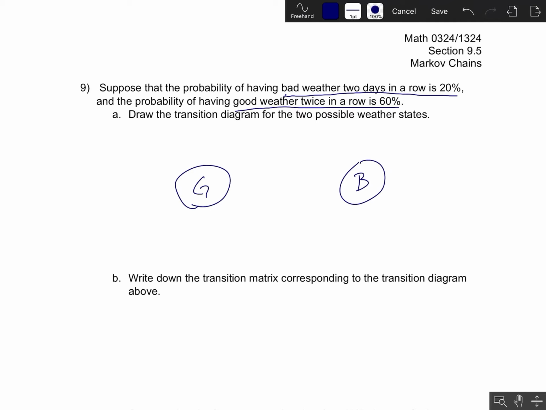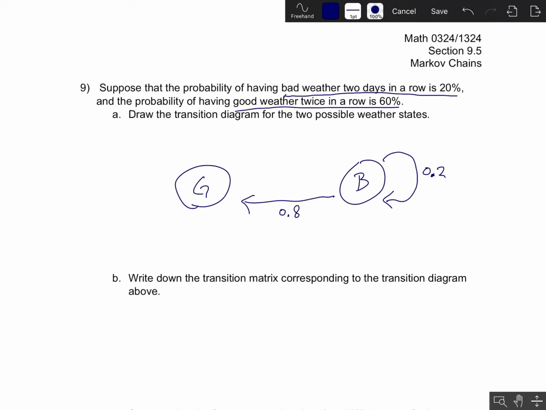And now what we know is that the probability of having bad weather twice in a row is 20%. So if we had bad weather today, there's a 20% chance that we also have bad weather tomorrow. Now, that's enough information for us to determine the weight of this arrow, because we're either going to go from B to B or from B to G. And if there's a 20% chance that we stay at B, then there must be an 80% chance of going